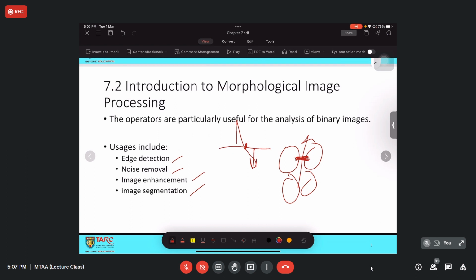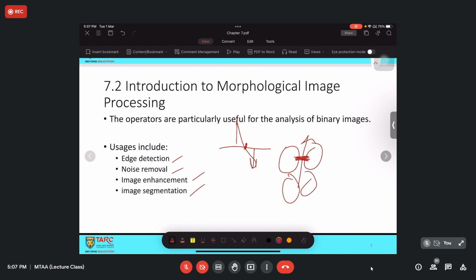But in fact the edge detection here might not be that effective. Not to say ineffective, but we don't really know whether it is accurate or not.